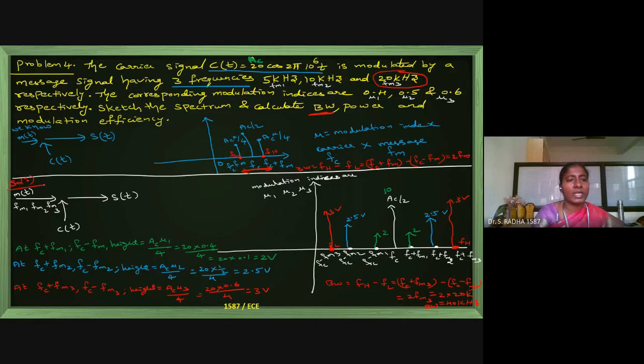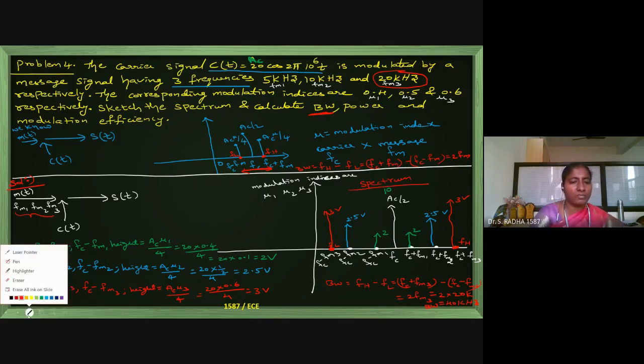Above the horizontal line, it is just to recall the case of a message signal having only one frequency and then one modulation index. But here we have 3 modulation indices, all 3 because of 3 frequencies in the message signal. Message signal is having 3 frequencies. In that case, this is the spectrum. Okay, positive side, this is the spectrum what I have drawn. And negative side also similar spectrum you have to do.